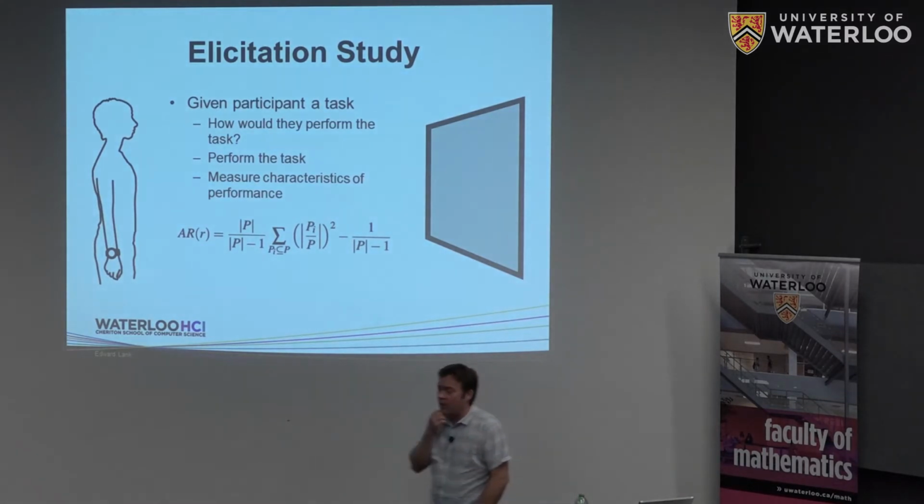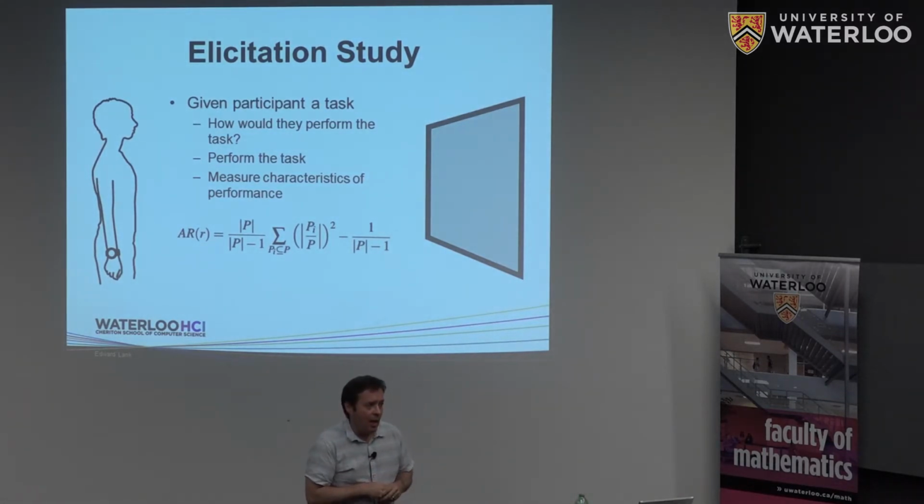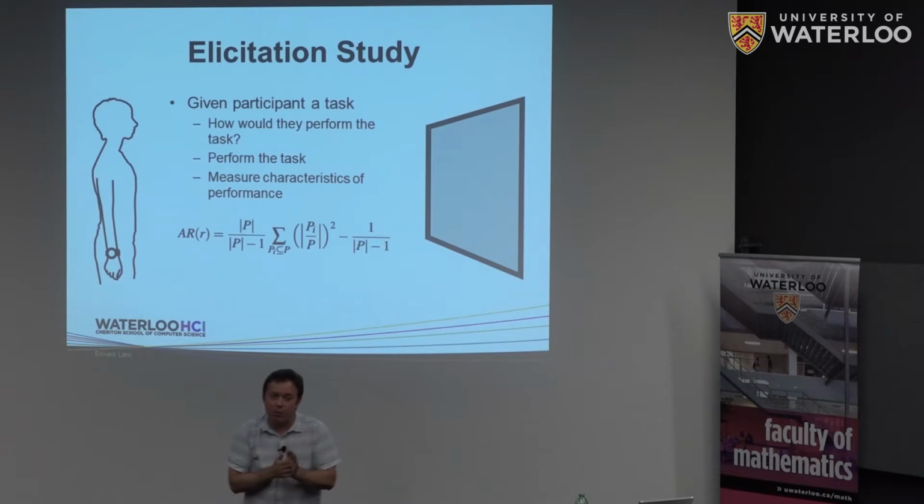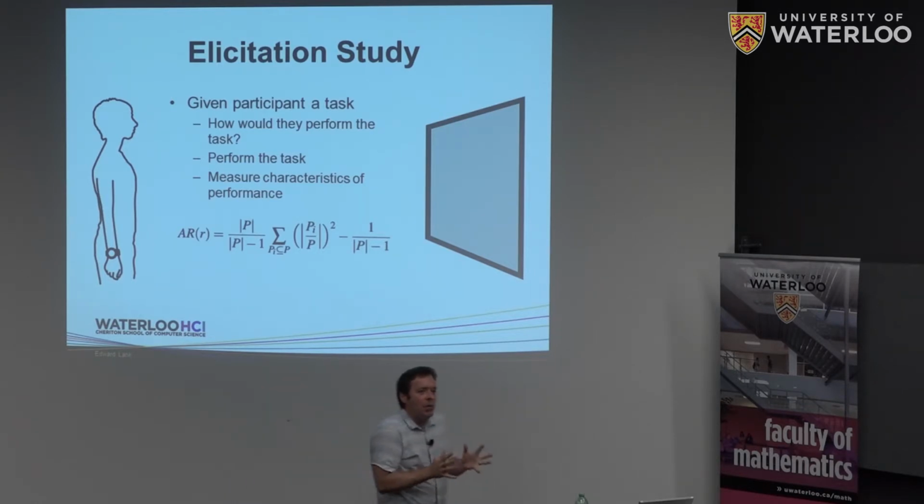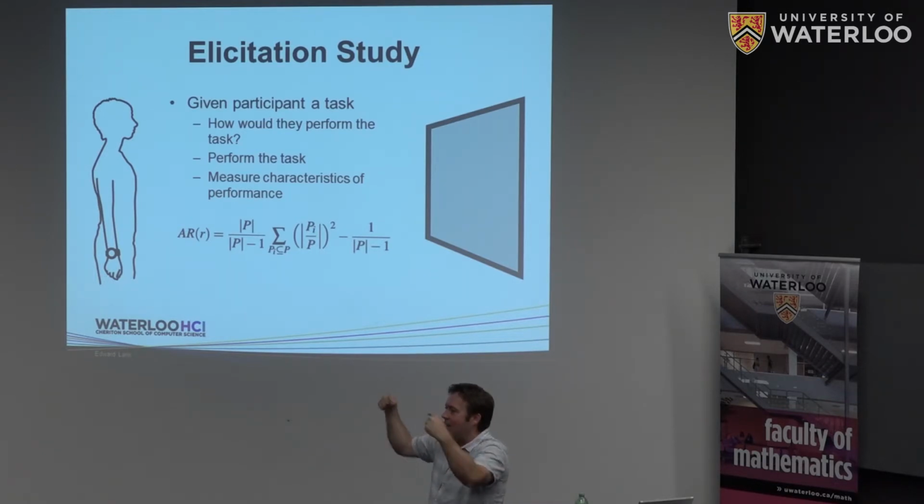What we were interested in this space is the design space here. We used an HCI technique called an elicitation study. That's just a fancy word for asking people how they would do something. The reason that we do this as HCI researchers is to try to understand what makes sense to users. It's not necessarily the case that we're going to use those gestures, but in the discussion between an AI person who's studying recognition and a user, the user's concept of what makes sense and the AI researcher's concept of what is possible can intersect in order to produce a system that is probably better than another system.